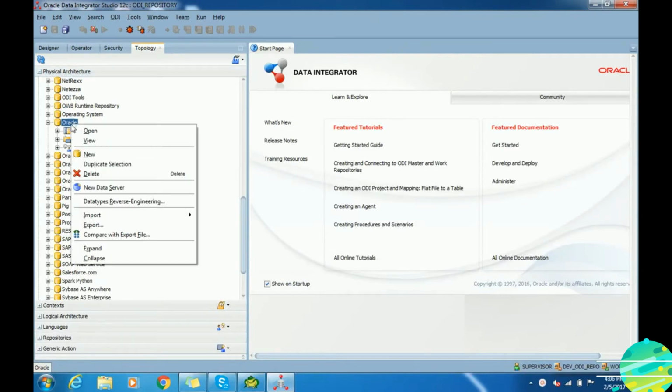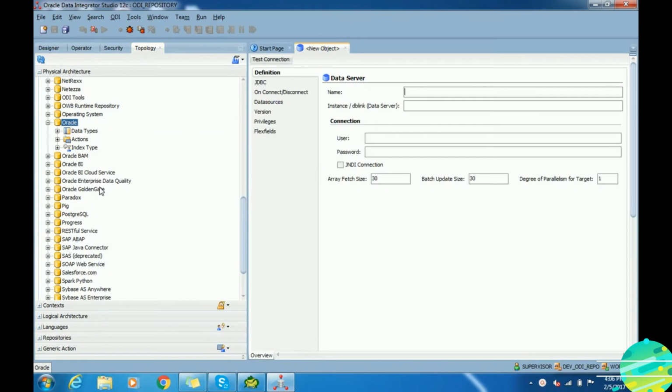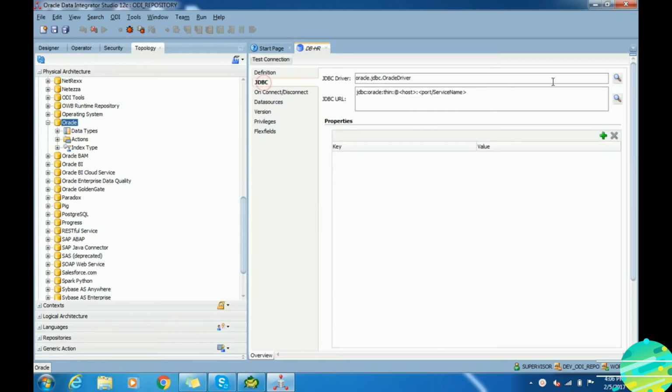Let's go ahead to topology and create physical architecture for the source data store. In this case, source data is going to be in Oracle, so I selected the technology as Oracle, and under Oracle I am creating a new data server. The data server name is going to be dbhr. It is in XE,